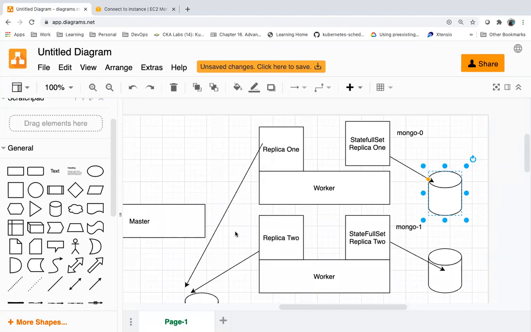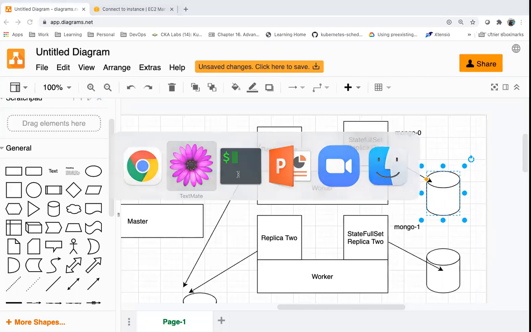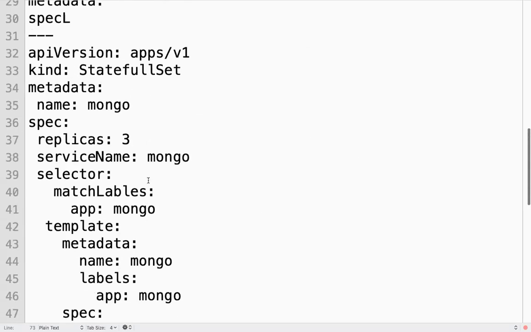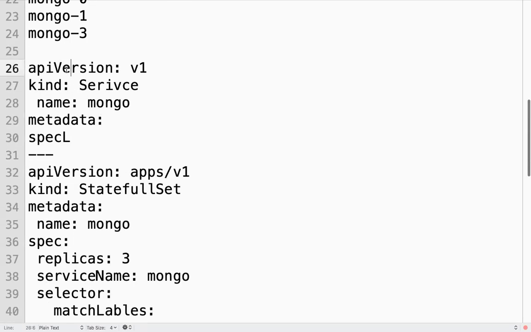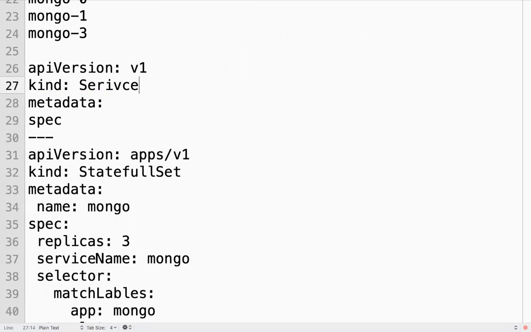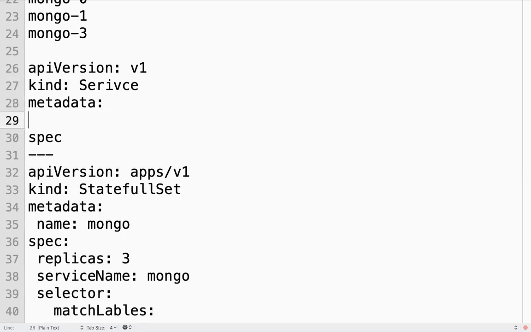How to create a headless service? What is the type? Everything is the same, like the service kind, name, metadata. The name should come under metadata. Spec.